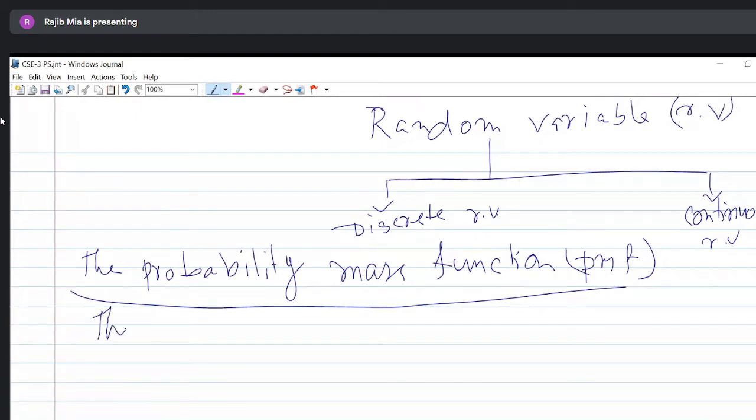So the PMF, that is the probability function or probability mass function, tells you how probability is distributed with respect to the possible values of the random variable. The PMF of the discrete random variable is defined as